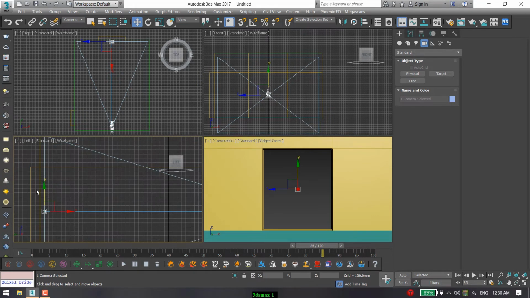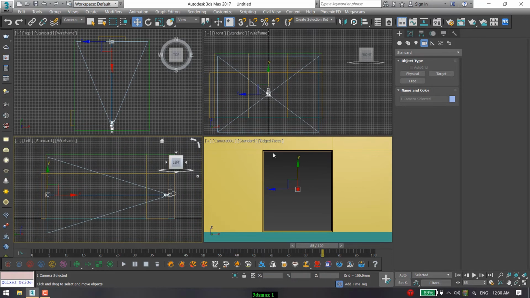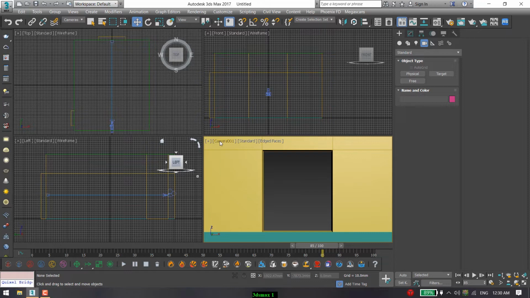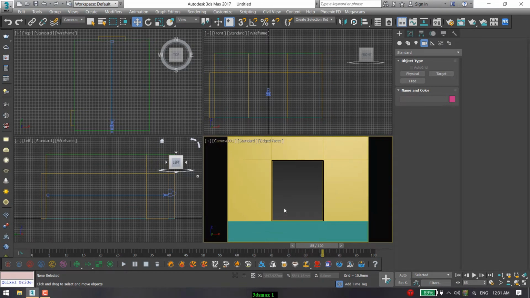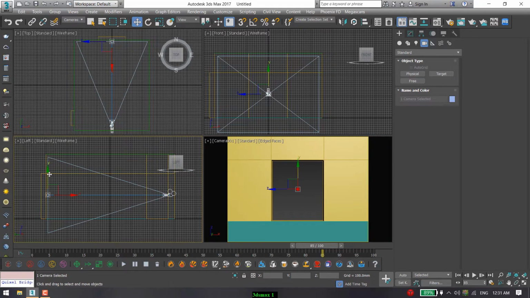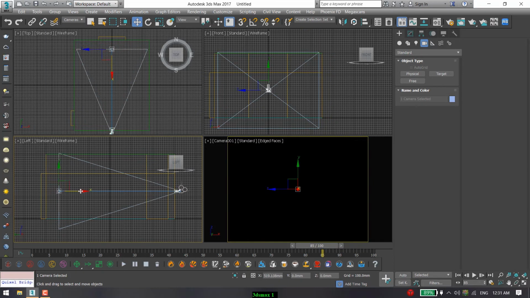You can see that clearly. So I'm going to click here camera 1 and select show safe frames. So you can see how is our camera working.